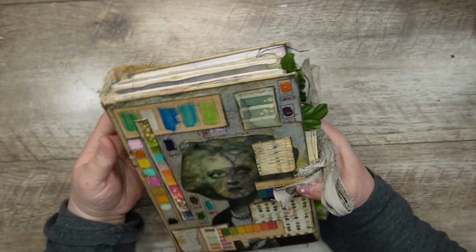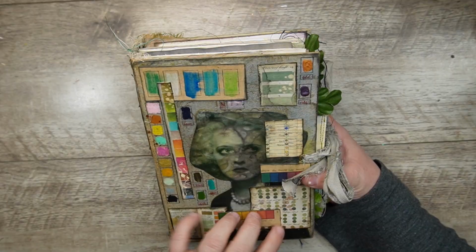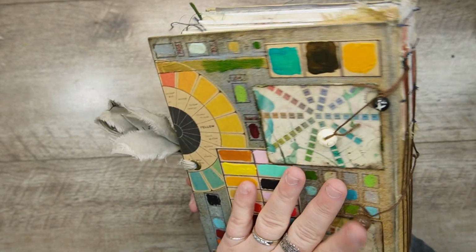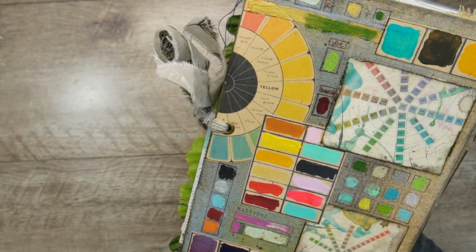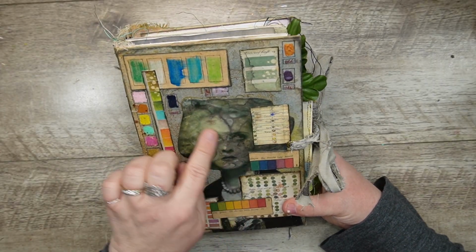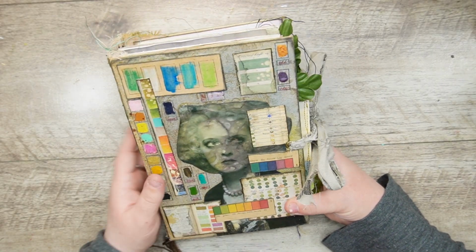The book itself is an old hardcover book that I hand dyed. It's hard to see, but it is gray and speckly, with a bit of blue and a bit of gold. There's lots of lovely things going on. On top, as the base, we have the lady, and she is from a boiled book of old Hollywood